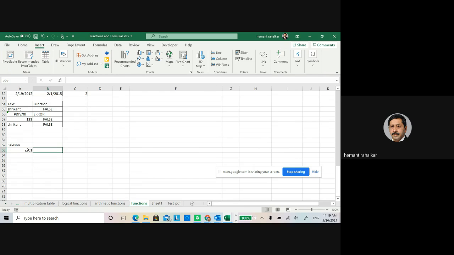I want to increment that. Next time when my sales order is being generated, I wanted to create 1002, then 1003, then 1004. I can do that, correct? Yeah.